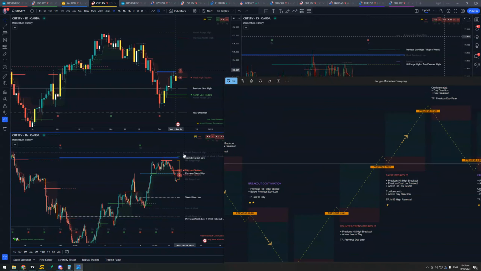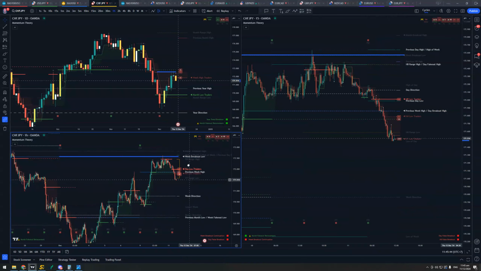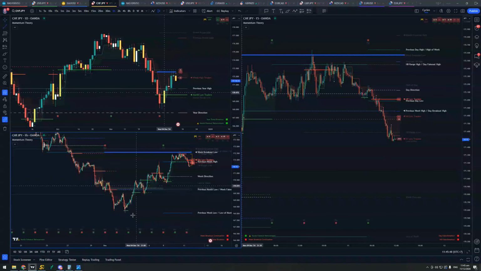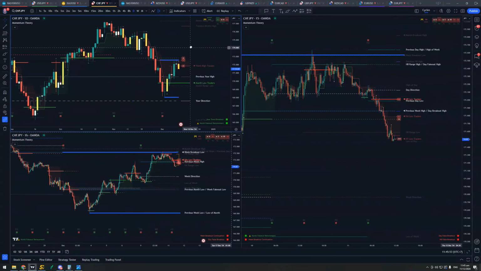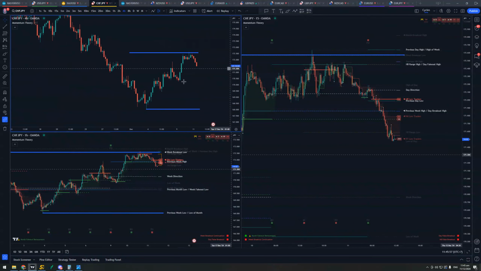If it got above, that's a false breakout on the weekly. If it does not, then it turns back into either a breakout or breakout continuation. So in this case, it was getting below, and so this is a breakout continuation. And what breakout continuations tell me is that the peak is possibly not locked in. So this is looking for a longer term trade here. So on the